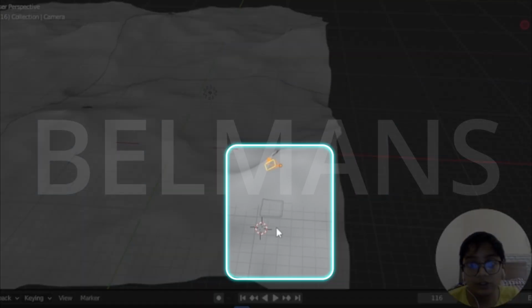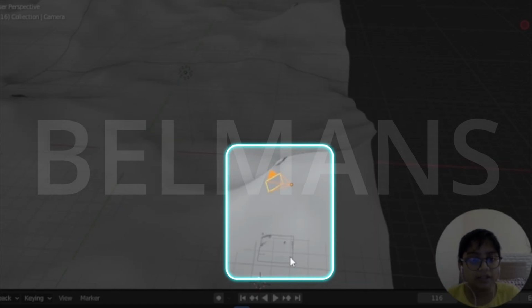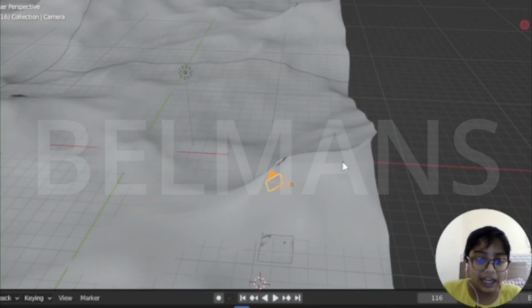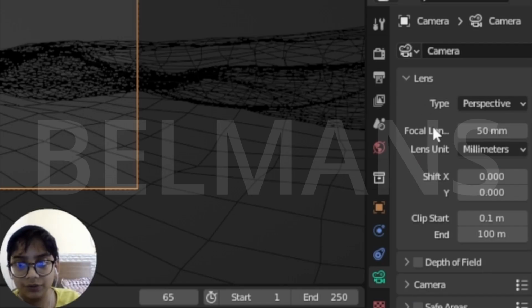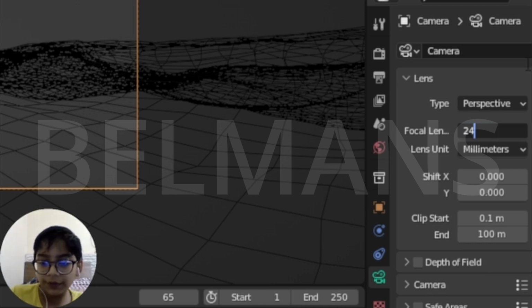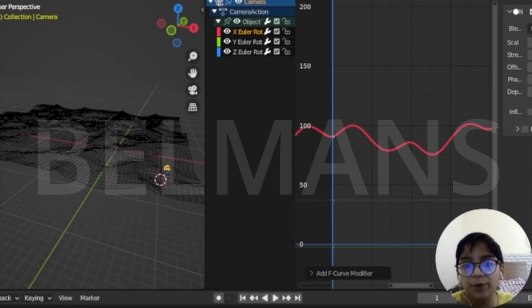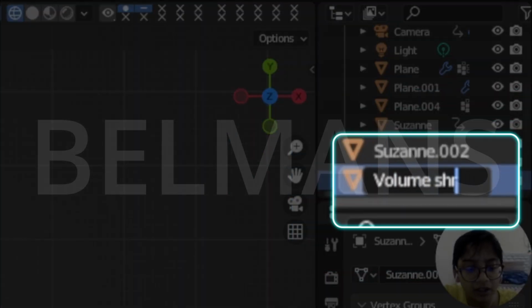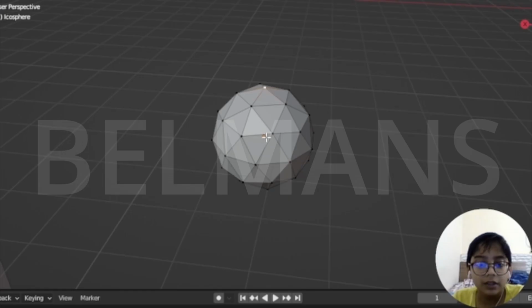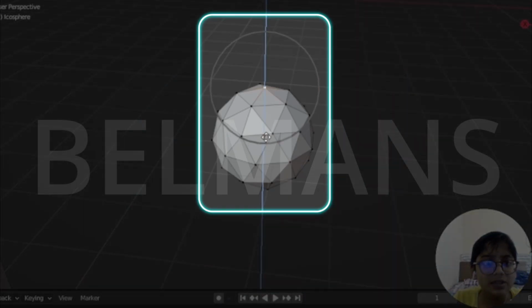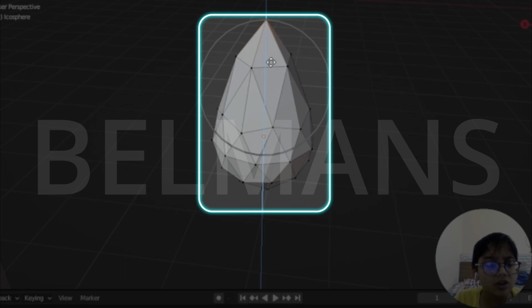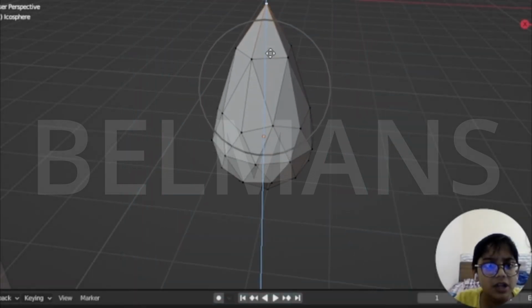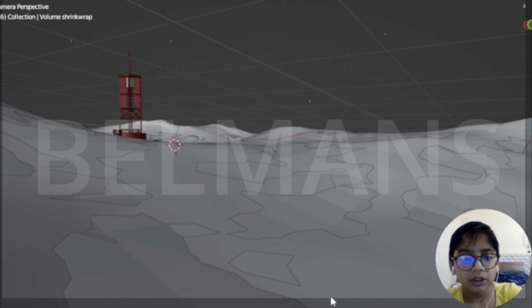So let's assign this to the object right here, the camera to the object. So let's assign it, and now let's change the focal length of the camera to be 24, I think. And now here we need to add some graph modifier. Now let's rename this to volume shrink wrap. And now let's change it to object, this from halo to object, and set it to our